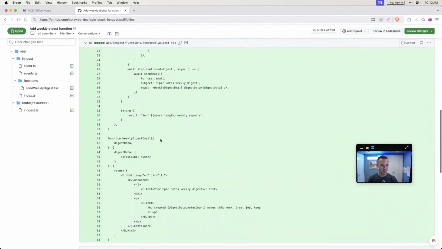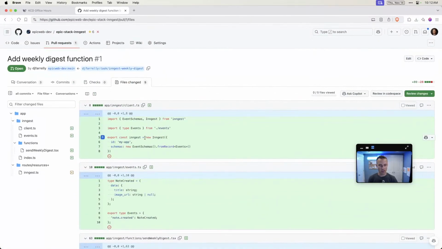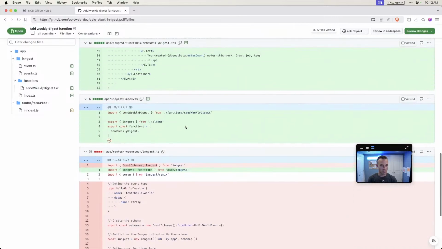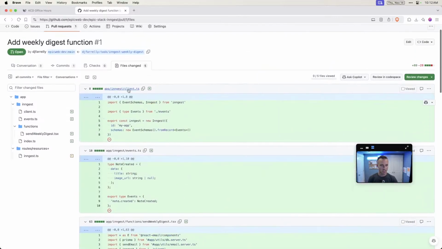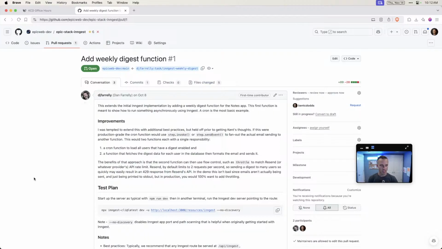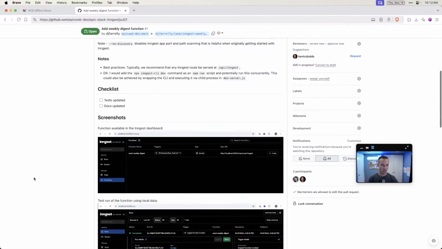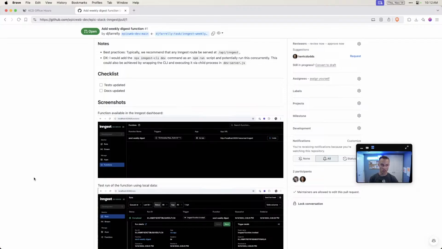This integrates Inngest, and that takes care of our background jobs. What's cool is that you should be able to run this locally, and even run it as a sidecar process to your Epic Stack app on Fly. So you don't even have to sign up for Inngest or anything. It all just works on your own, which is super cool.